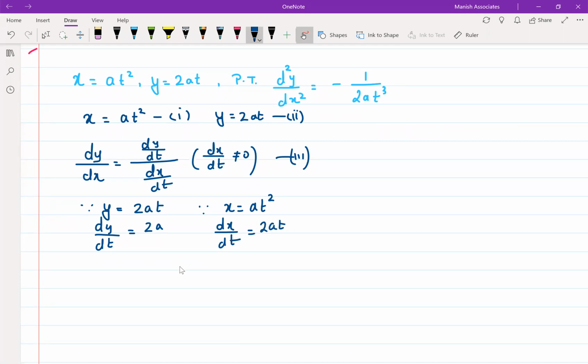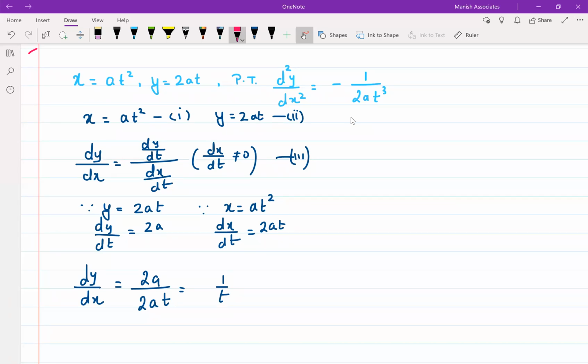This is my next relation. Now from here, I can find what is dy by dx. It is dy by dt upon dx by dt. So it is 1 upon t. Correct? Your dy by dx is 1 upon t. This is like your parametric functions which you have been doing since last lecture. Same thing. Now I need to differentiate one more time because I observe my final answer contains t.